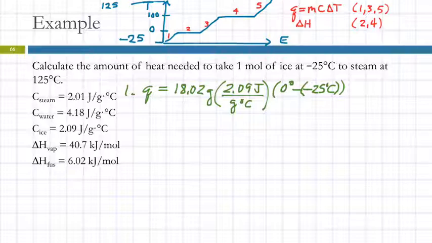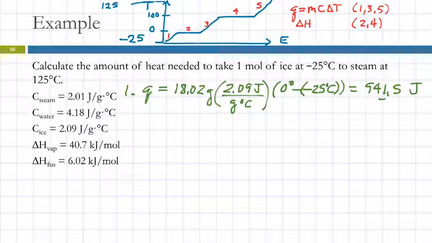Okay, so 0 minus negative 25 is plus 25. Right? So then let's calculate that. 18.02 times 2.09 times 25 is 941. That should have 3 sig figs. And the unit there is going to be joules,